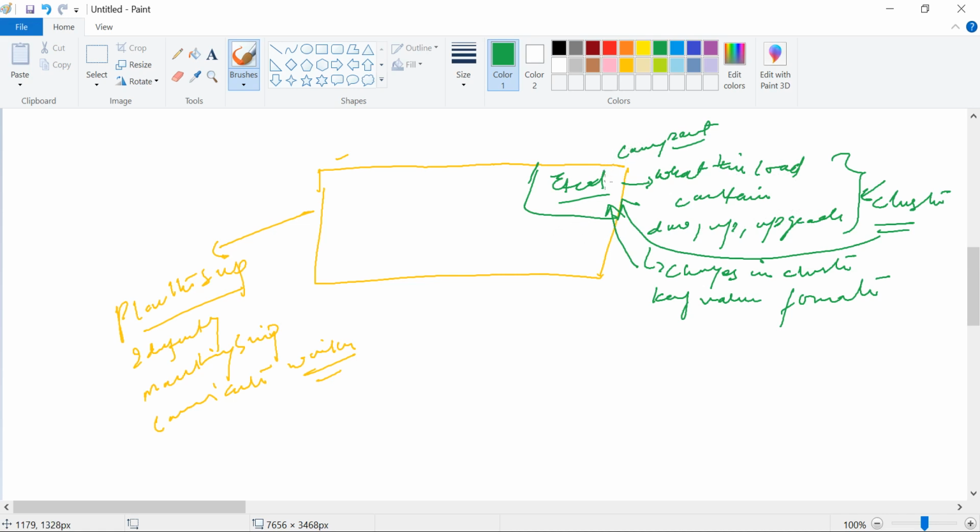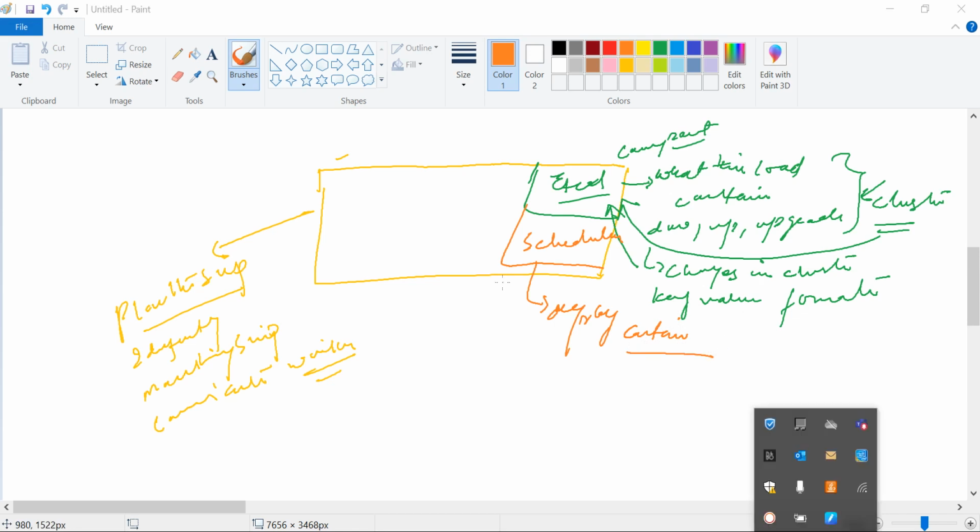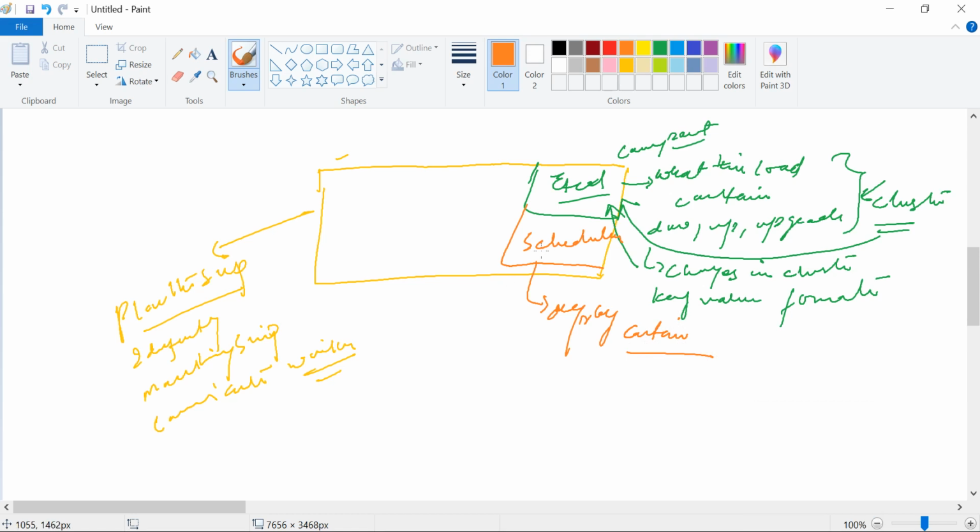After that, we are going to discuss our second main component, that is the scheduler. If anything needs to be deployed in the form of a container, this happens by the scheduler.